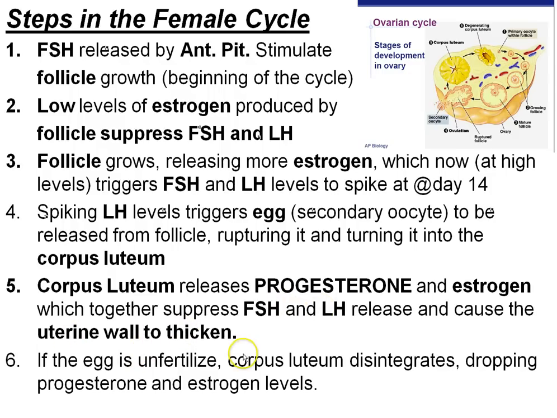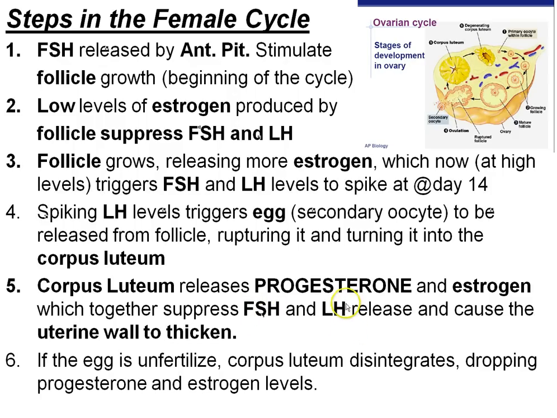If the egg is unfertilized, the corpus luteum disintegrates, dropping progesterone and estrogen levels, and the cycle repeats. If the egg does get fertilized, however, the corpus luteum stays intact, and progesterone and estrogen are produced the entire time during the woman's pregnancy, which will result in suppressing FSH and LH. So we never develop another follicle. We're going to have very low levels of follicle-stimulating hormone, and the two of these things together prevent any more